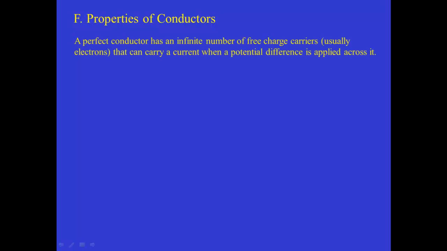A perfect conductor, first of all we'll start with this definition, has a very large and essentially infinite number of free charge carriers, which in most normal materials are electrons. And they can carry a current when a potential difference is applied across the conductor. So these kinds of materials, of which metals like copper and aluminum and gold and silver are good approximations, have several interesting properties, and we'll just go through them one by one and give some very